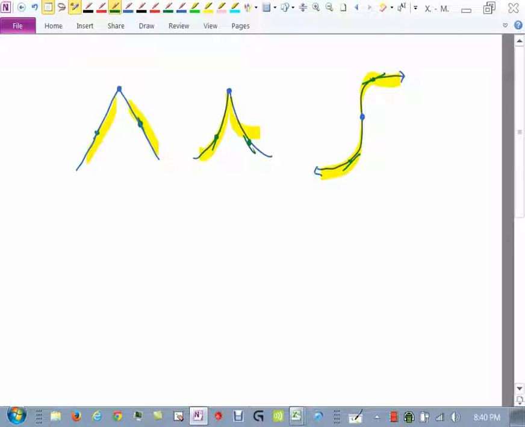So look at this one over here. Look at the slope of your tangent line here. That looks like it would be vertical. And remember, vertical lines have undefined slopes. So that becomes a problem. So if we have a corner, if we have a cusp, this case right here, our derivative